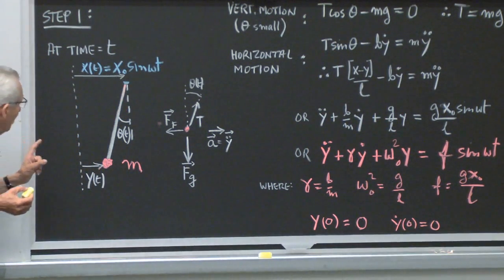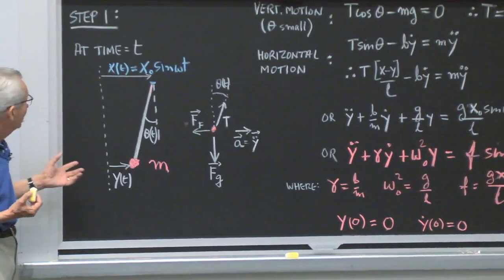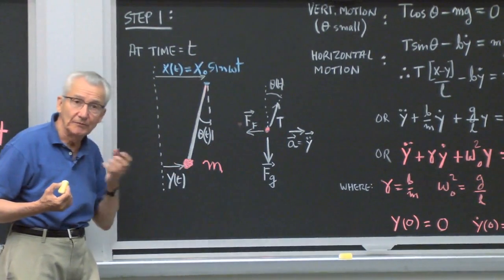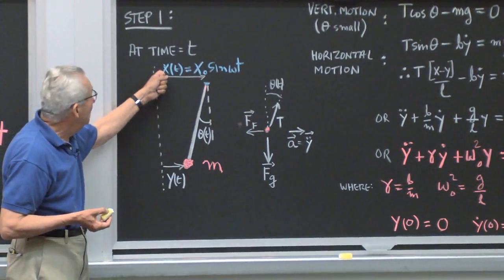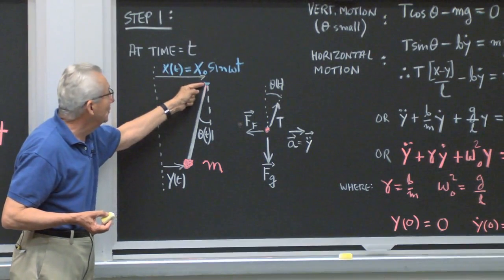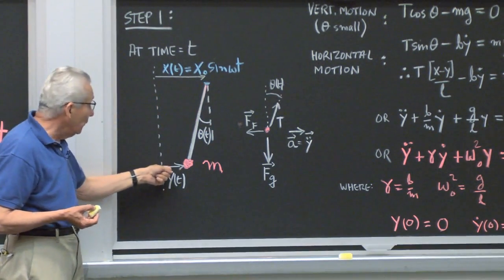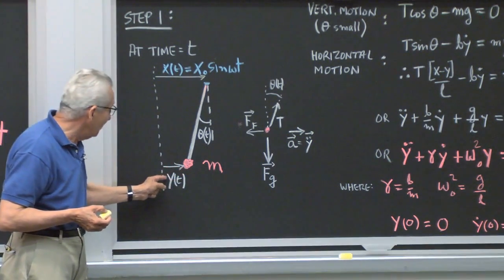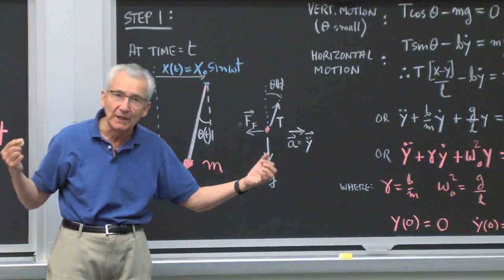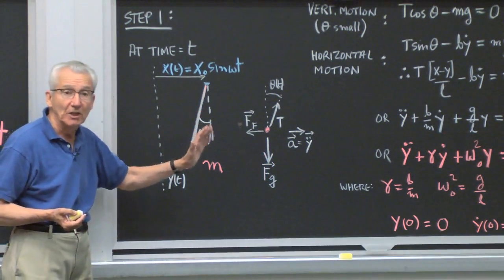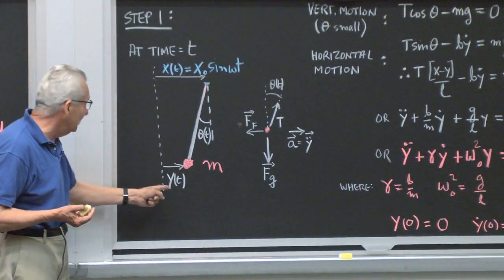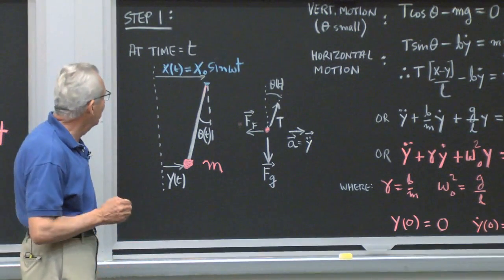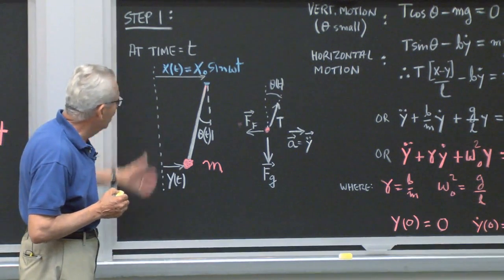Beware of my symbols. This whole problem, for me, is really in one dimension. So I called x the horizontal motion of my hand, and I'm calling y the horizontal motion of the mass. This is nothing to do with x, y, z, one being up and the other horizontal. It's all horizontal. I had the choice. I could have called this x1 and this x2. I chose to call them x and y. You're smart enough to follow that kind of terminology.